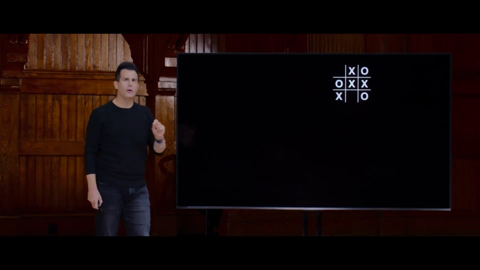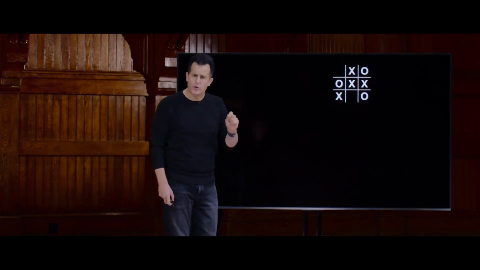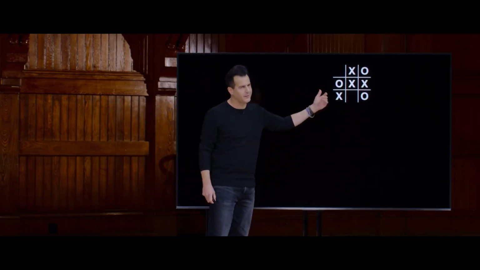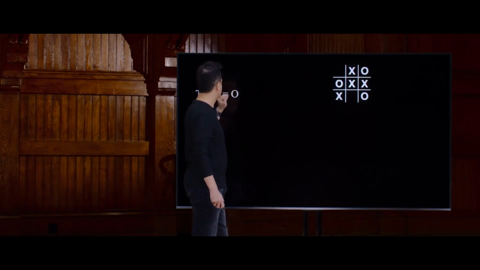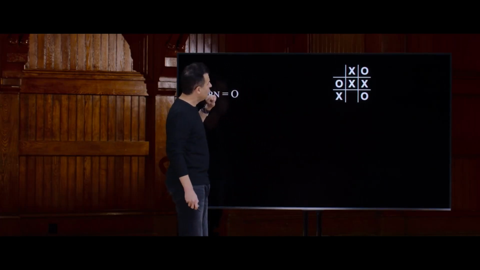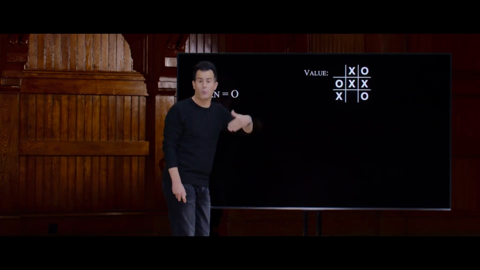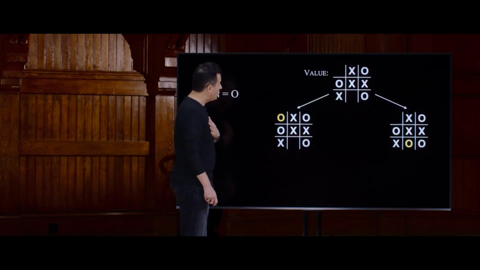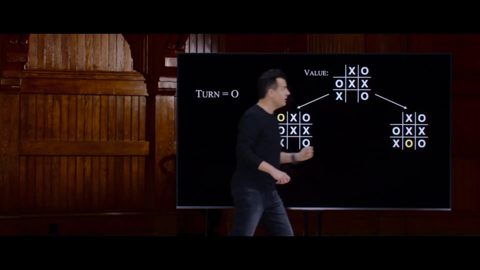So now let's see how we go about, with those principles in place, figuring out where we should play in tic-tac-toe. Now here's a fairly easy configuration. There's only 2 moves left. It's not hard to figure out how to win or tie this game, but let's use it for simplicity. It's O's turn, for instance. So where can O go? Well, that invites the question, what is the value of the board? Or how do we minimize the value of the board for O to win? Well, O can go in one of 2 places, top left or bottom middle. Which way should O go?